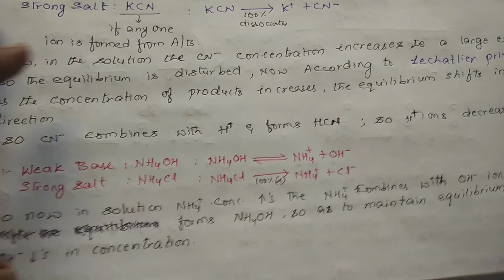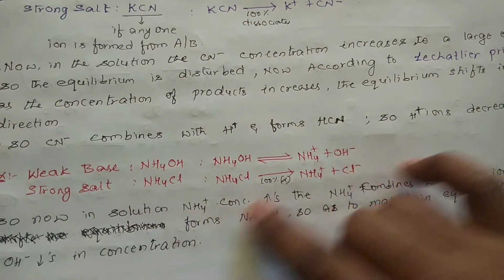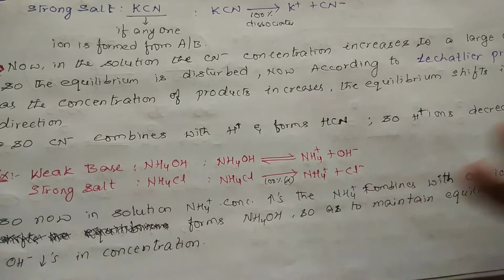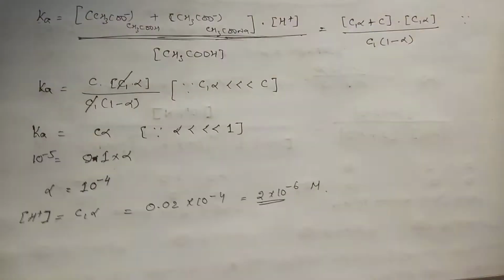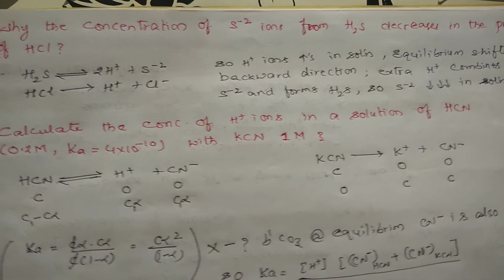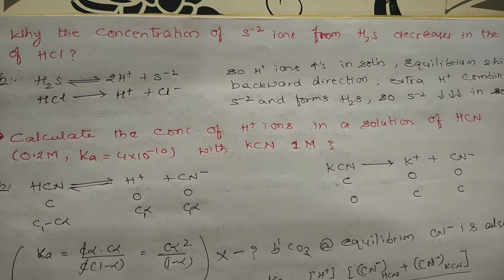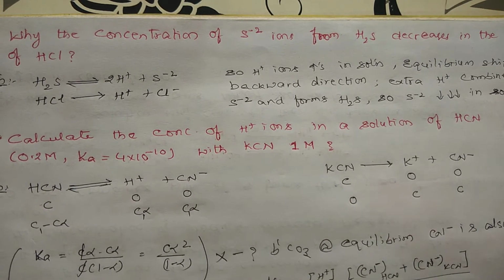This is the thing, students, with respect to the common ion effect: you should have a strong and a weak electrolyte with a common ion, so that the equilibrium gets disturbed. Then apply Le Chatelier's principle, so that you will understand. Only this is the content. With respect to this, we will go for problems regarding the common ion effect. While listening to the concept, it is very easy, but while solving the problem, it includes a lot of imagination, right?